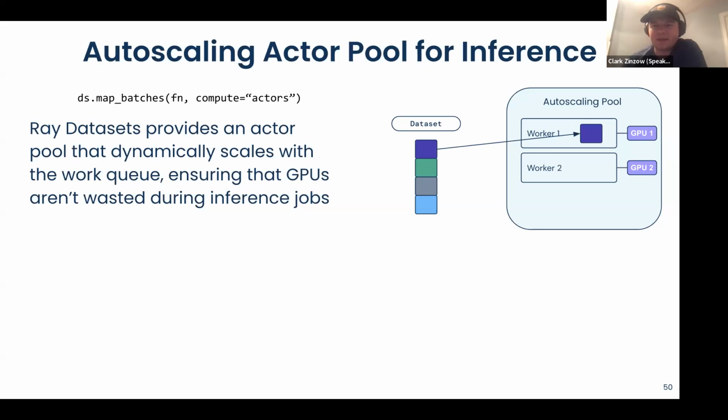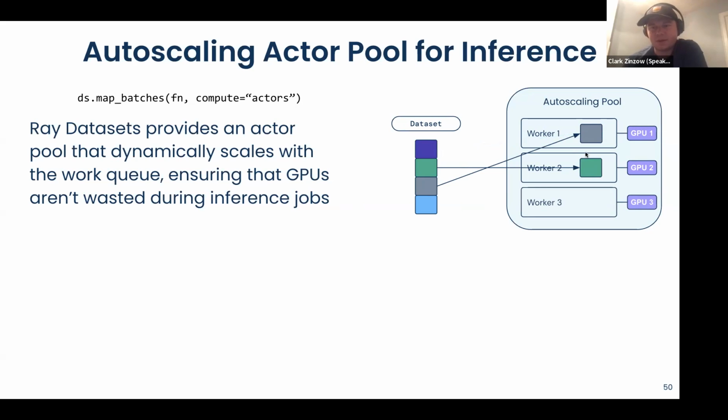And then we see that that worker is busy with that block, so we scale up another worker. And then we send the next block to that worker. Meanwhile, while we're waiting for the third worker to spin up, because all of our workers are busy, the first worker completes its work. So then we know we can send this third block to the first worker because that worker is idle.